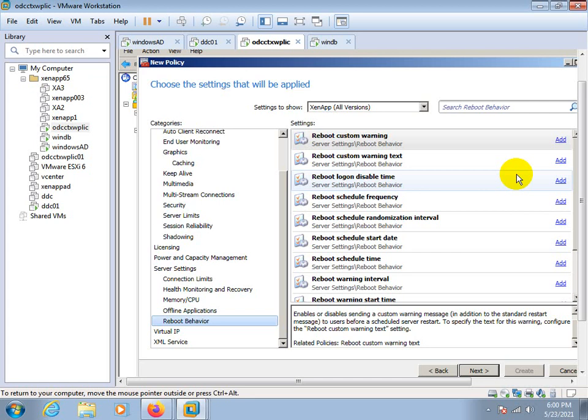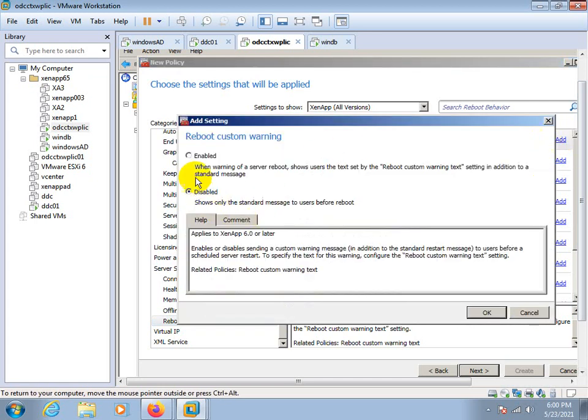Whether it's a weekly reboot, monthly reboot or within 15 days, you need to schedule that warning interval and the frequency, like weekly, 15 days or monthly reboot. So here you can see the reboot custom warning message; you need to enable it.